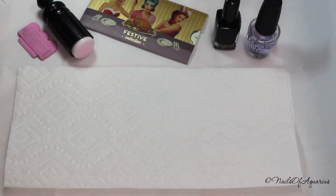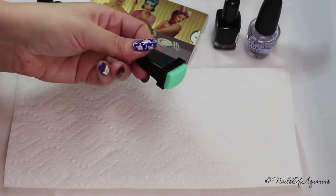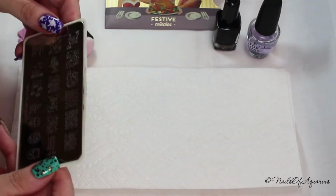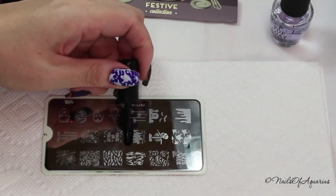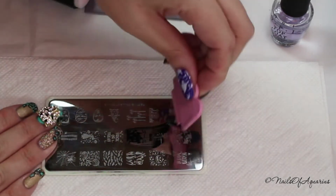Next, let's create a stamping decal directly on our firm, rectangle, or round stamper. Remember, this needs to be hard rubber, not firm silicone. I'll be using one of the same designs from MoYou London Festive 16 that you saw me stamp on the mat. Use your preferred stamping technique to get the design onto your stamper, paying close attention to centering the design